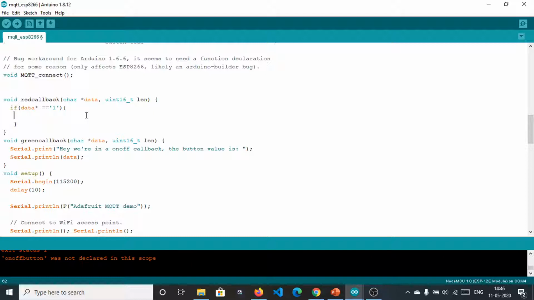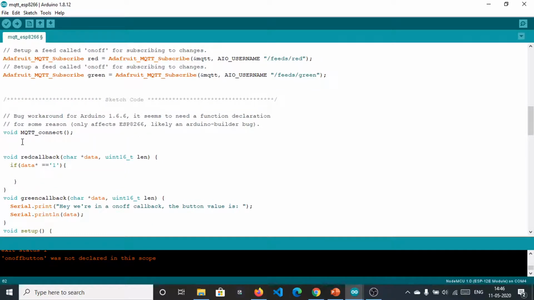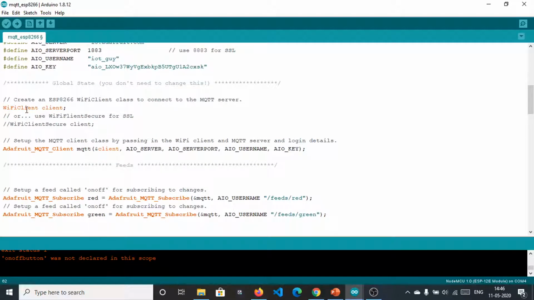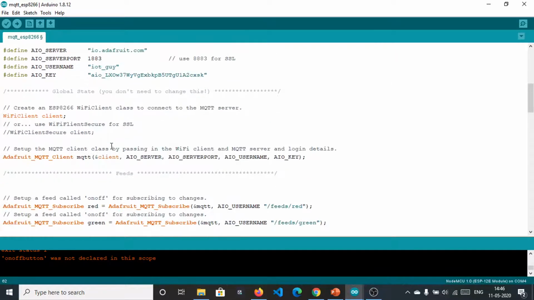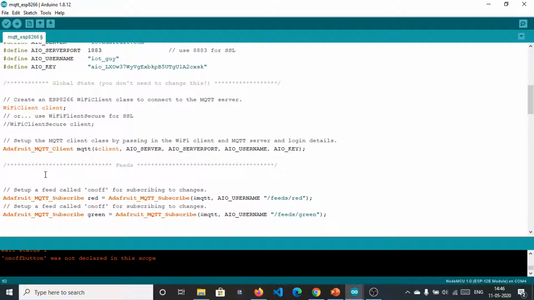So before that we need to define our pins, red pin and green pin both, so that we can do these things right here. So define it, it's very easy. Let me first check it. Okay, so first we need to define the pins. It can be defined anywhere. Let me define it in the feeds.